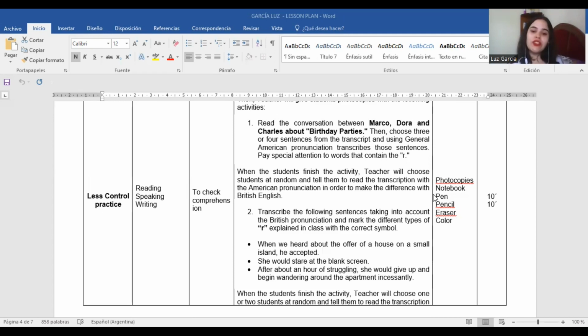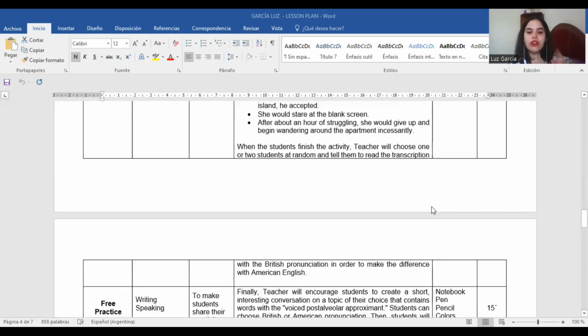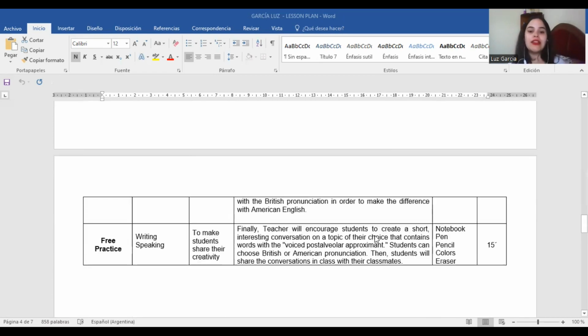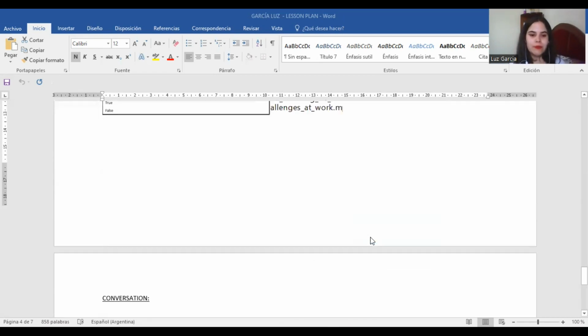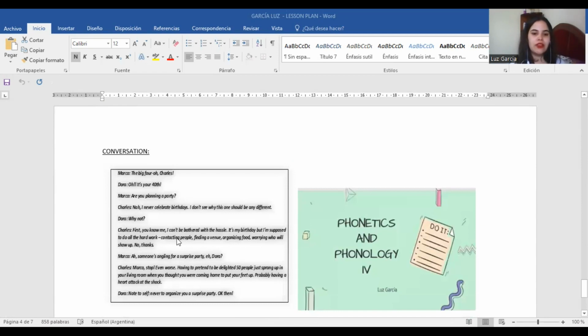When the students finish the activity, I will choose 1 or 2 students, in this case at random again, and I will tell them to read the transcription, but in this case with the British pronunciation in order to make a difference with the American English, yes? These are the activities. This is the activity number 1 in the less control practice, the conversation between Marco, Dora,